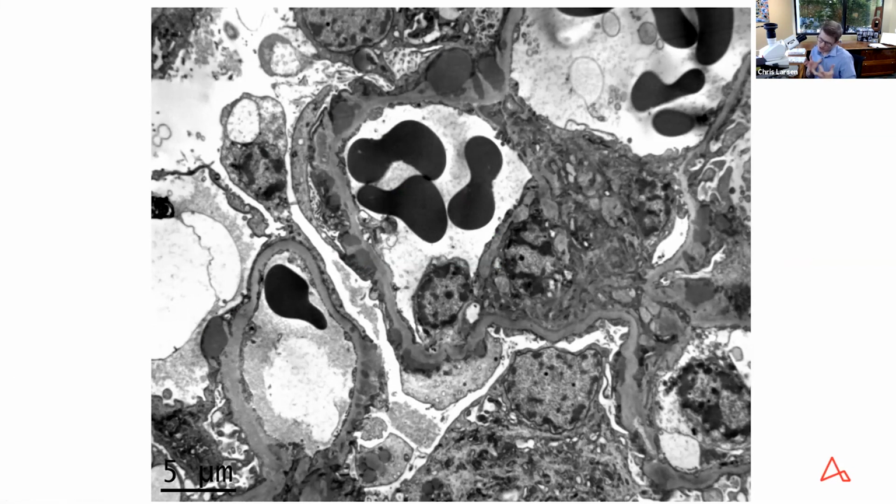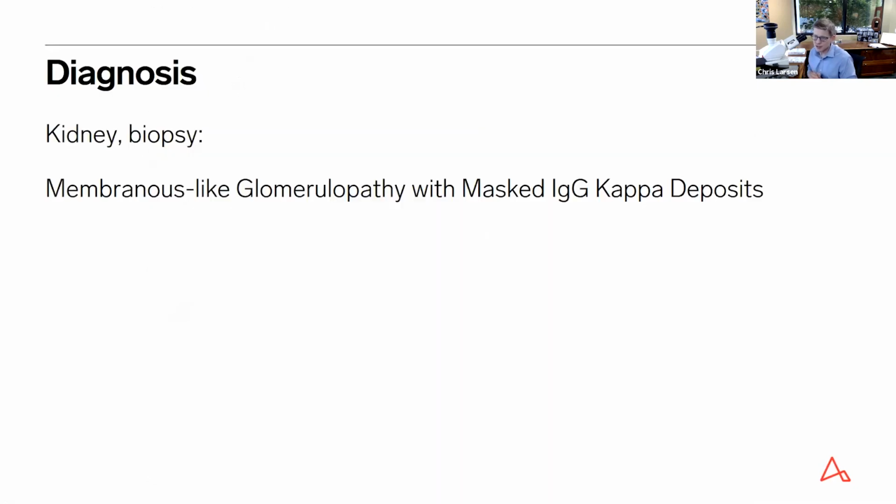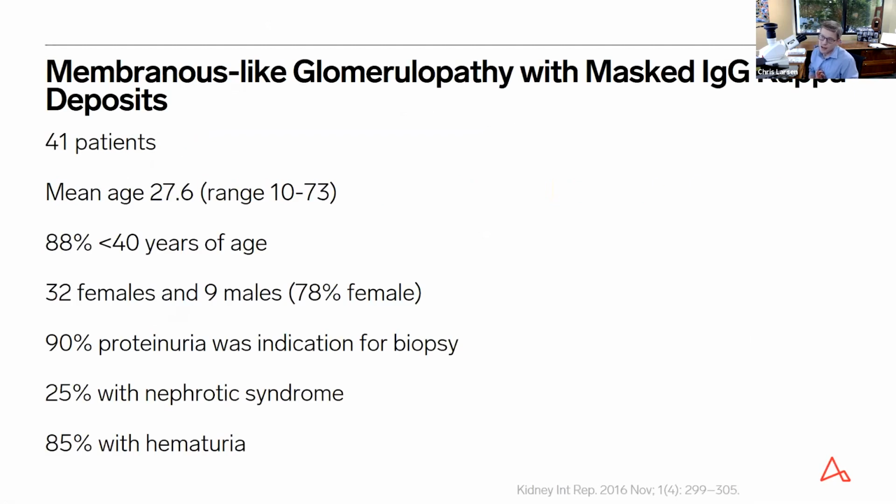Well, this is a good and classic example of an entity that developed a very long name. It's known as membranous-like glomerulopathy with masked IgG kappa deposits. So it is a very descriptive diagnosis, but it actually describes what appears to be a unique entity rather than just a pattern. In this case series of patients with these findings on the biopsy,